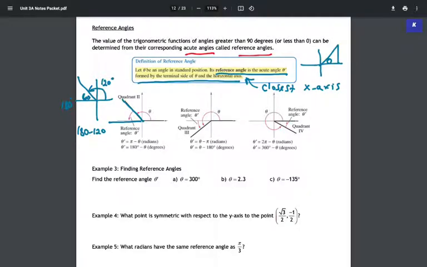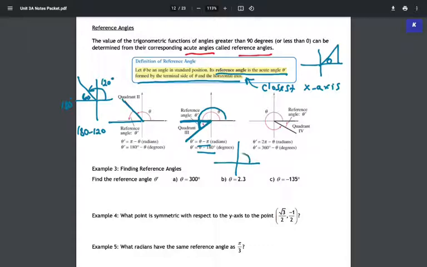When you're in the third quadrant and you're using your reference angle, the reference angle is formed by this terminal side and the closest x-axis. So you've gone all the way over here to pi, and then you've gone a little bit more. Well, that little bit more happens to be your reference angle. So the way we'll get that is we'll take theta minus 180 degrees, or theta minus pi, depending on degrees or radians. So an example,